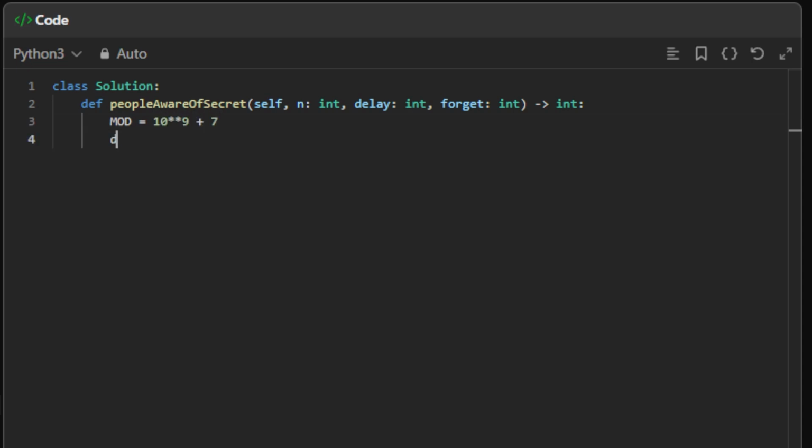And now we can build our DP array. This is an array with 0 times n, and the first value is a 1. Now for i in range from 1 to n, we are doing exactly the same we did a few minutes ago. And here we can say for shay in range from 0 to i,